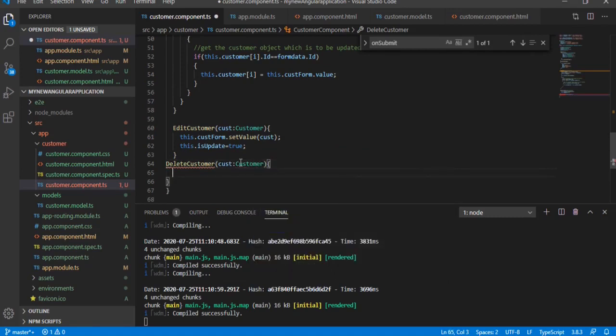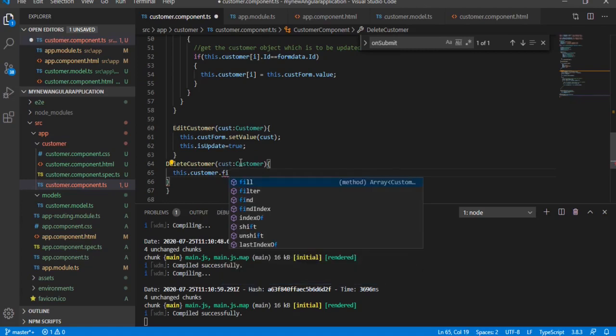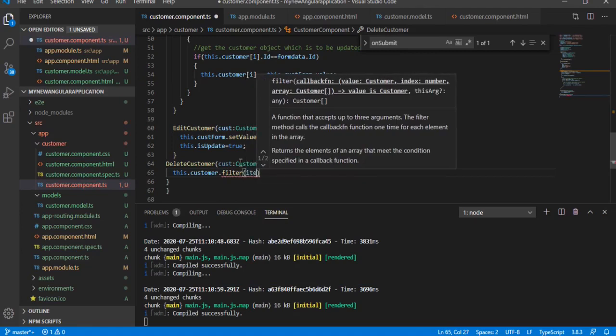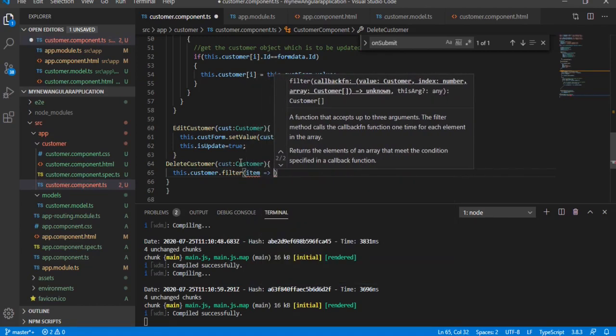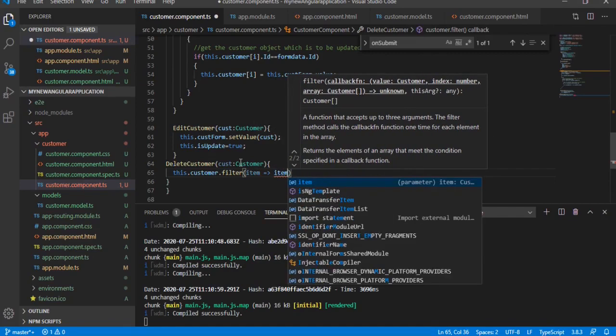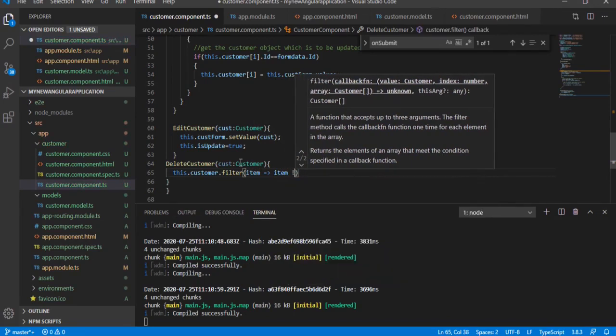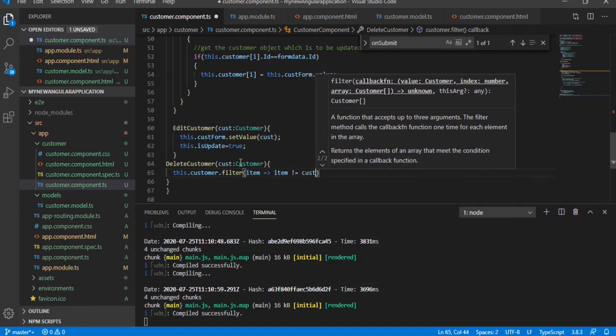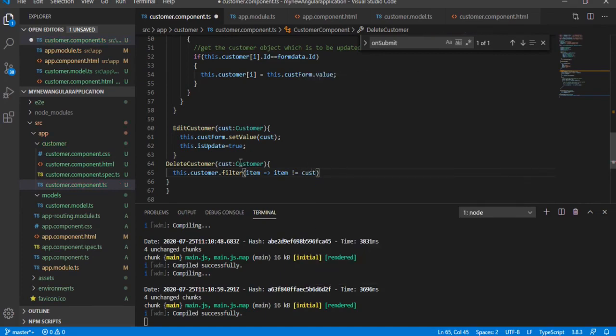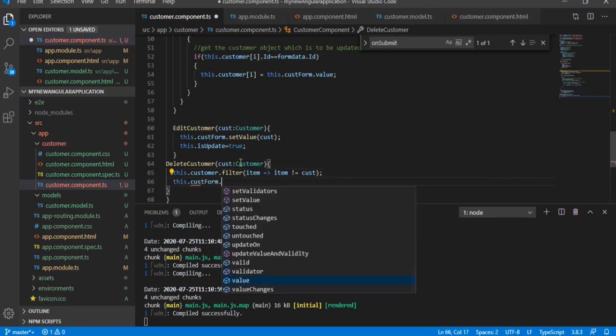And go here and this dot customer form dot filter item, and this dot customer form dot reset.